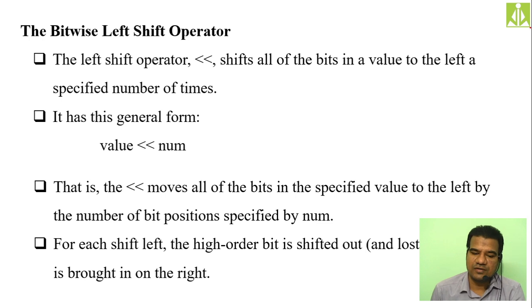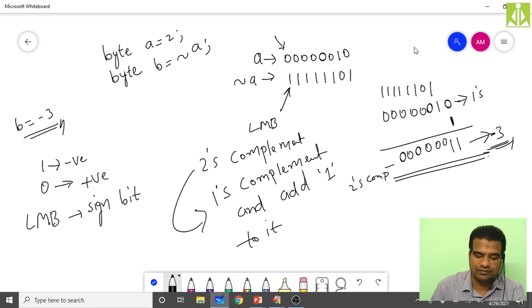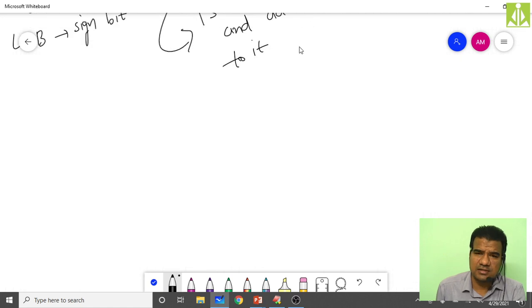There are left shift and right shift operators also in bitwise operations. They shift the bits towards the left direction and towards the right direction. If it is the bitwise left shift operator, it will shift the bits towards the left side, and if it is the bitwise right shift operator, it will shift the bits towards the right side. I will give one simple example. Left shift and right shift operators are important operators, and we discussed these in our first year, I guess. So take the same bits.